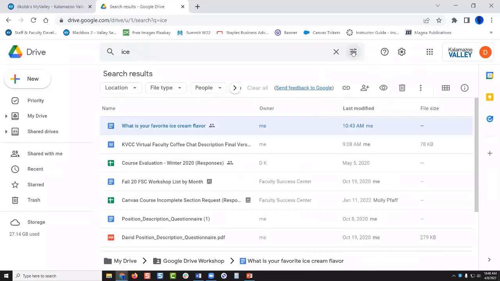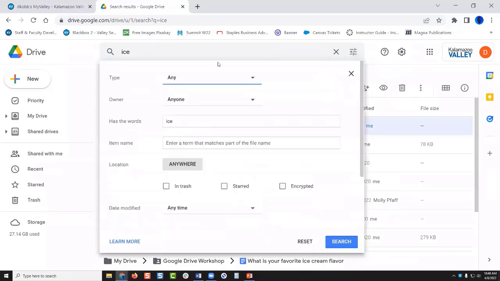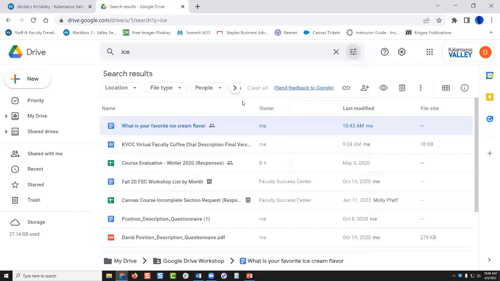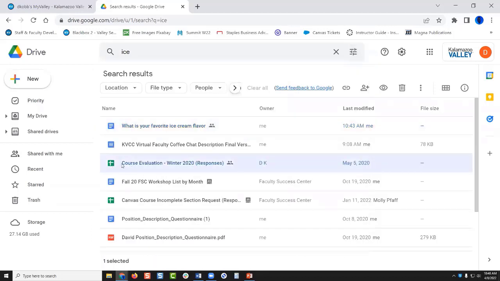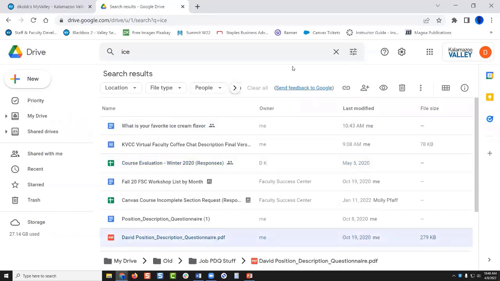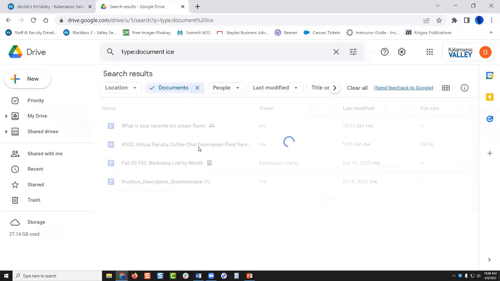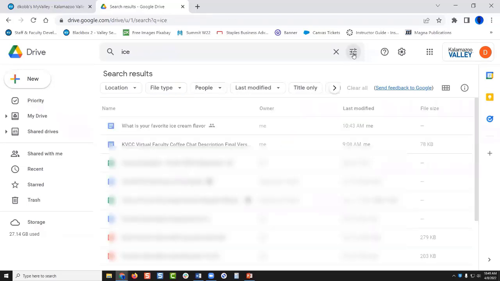So that's a search. But I can also add some search filters by clicking on this little button here. And I can filter by the file type. Like if I knew I was looking for a doc, I can narrow it down so it only shows documents. So for example, we see here's their Excel version, and here's a PDF. If I narrowed it down to documents and did my search, then I see it doesn't have those document types. So it's just a way to filter to narrow down your search if you have a lot of search results.